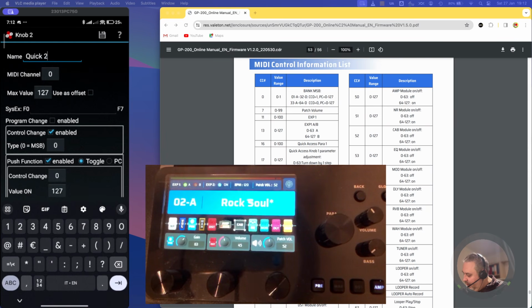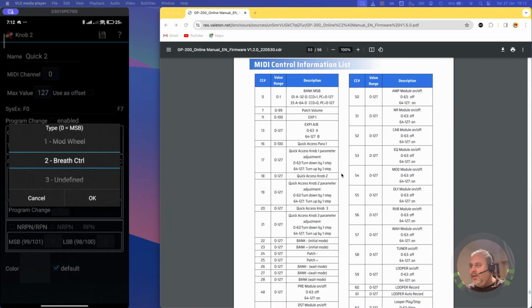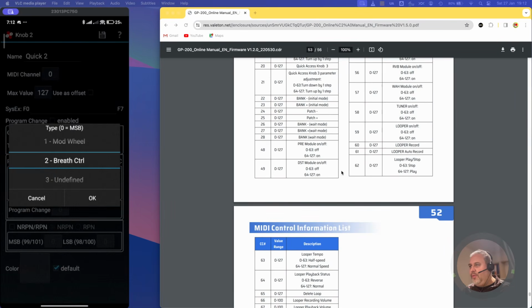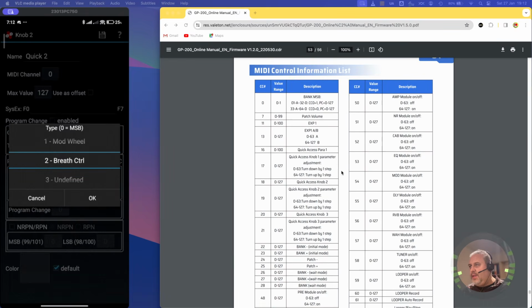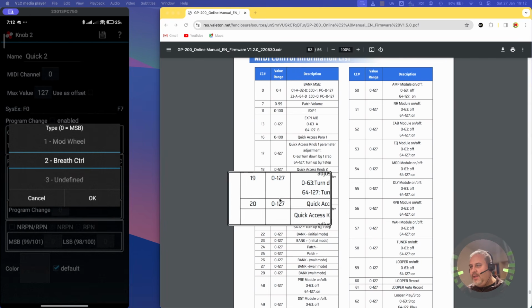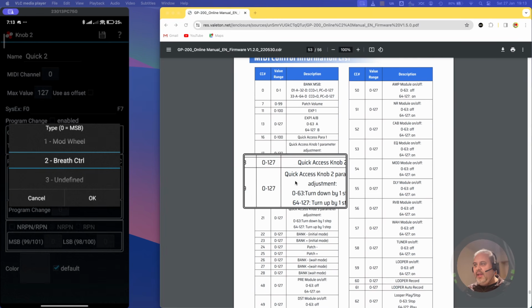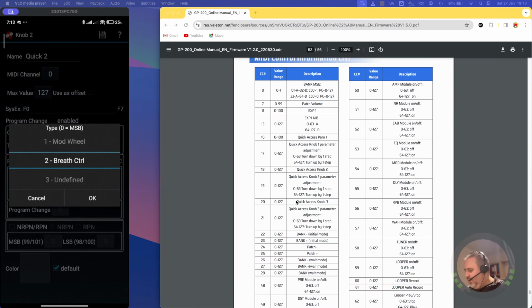And control change, of course, enabled. This time for quick access knob 2, we need, so you cannot read it if I don't hide the screen. So let me scroll for a moment the screen. Quick access knob 2 is 18 and quick access knob 3 is 20. Keep in mind 16, 18, 20, so we don't need to look directly at this anymore, so you can focus